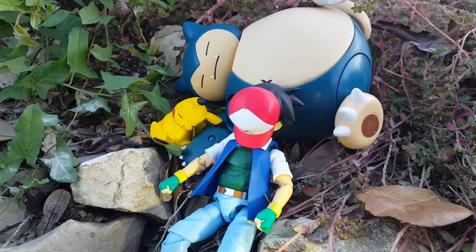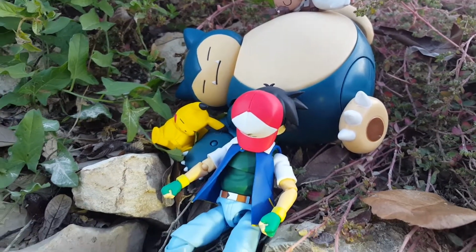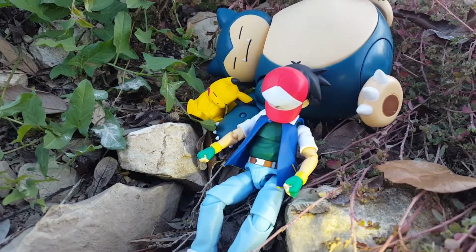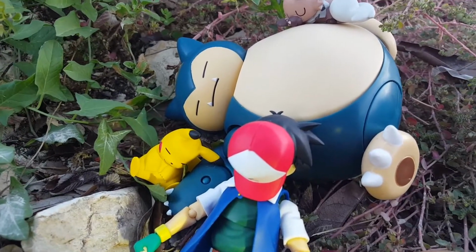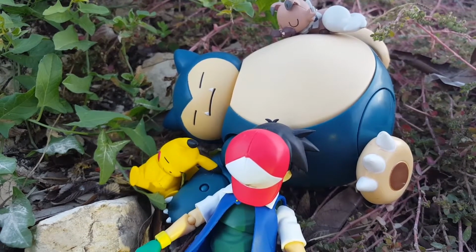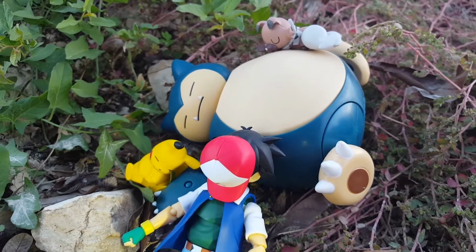But here's everybody. I picked up the sleeping Pikachu as well. Everybody's taking a nap, and yeah, I just give thumbs up to these figures. Thumbs up to Pokemon figures in general. Never really had an appreciation for them. Did grow up with Pokemon, and I